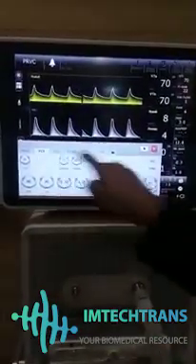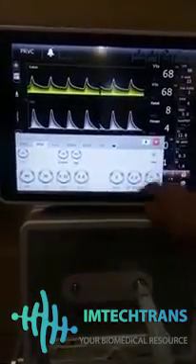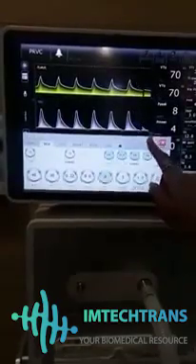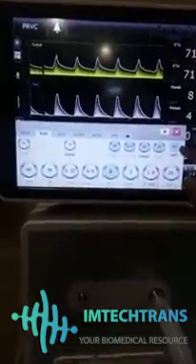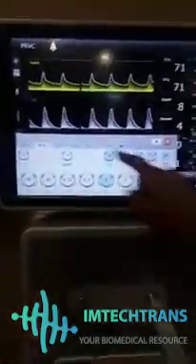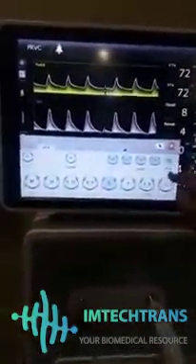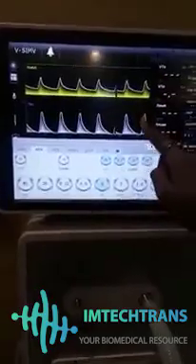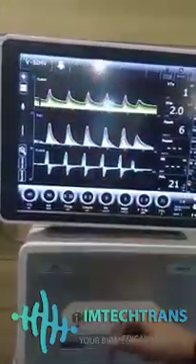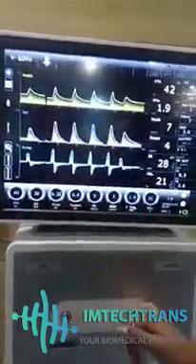And you can also see here there is a SIMV mode. If you want to run VCV with SIMV mode, you have to switch on this SIMV mode. Now the mode will continue with VCV with SIMV mode. For this you have to switch on the SIMV and play this mode like this. Now the SIMV with VCV mode is running.